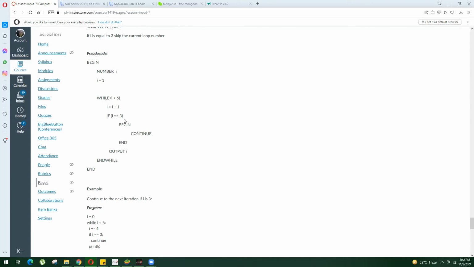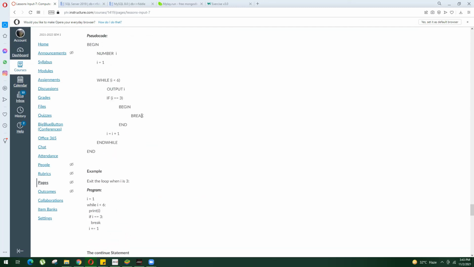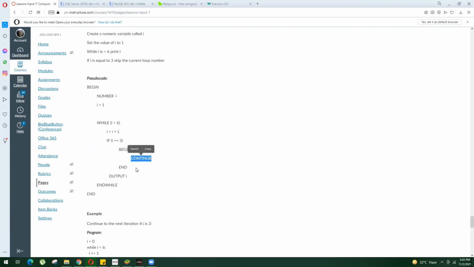Okay. If i is equal to 3, continue, meaning to say if this line is true, this will not be executed anymore. What happens is that our loop will go back to the condition. Take note of that. If we use break, we get out of the entire loop. If we use continue, it goes back to the top of our loop, to the beginning of our loop together with the value of the